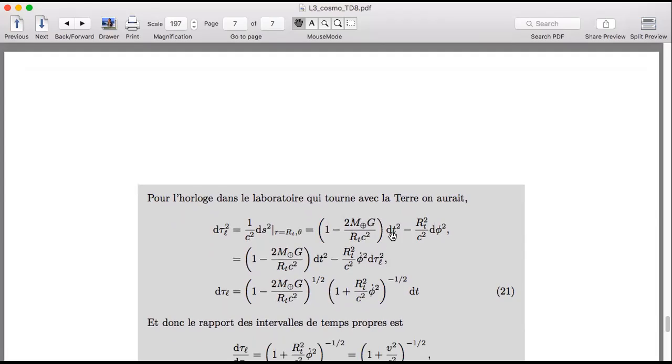Remember when we had a dt squared and a d phi squared in our calculation with Mars and Earth in orbit around the sun, I was able to write this as something in phi dot squared times d tau squared. You could do that here, but we can't. In fact, that's what I did to go from here to here. But we can't use that formula